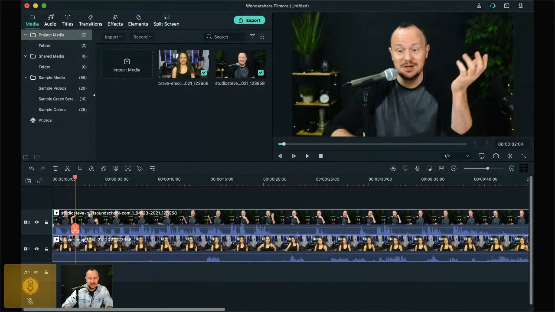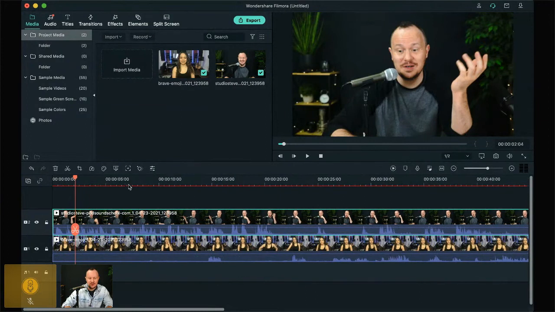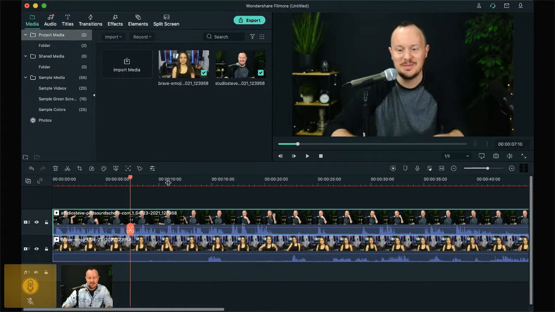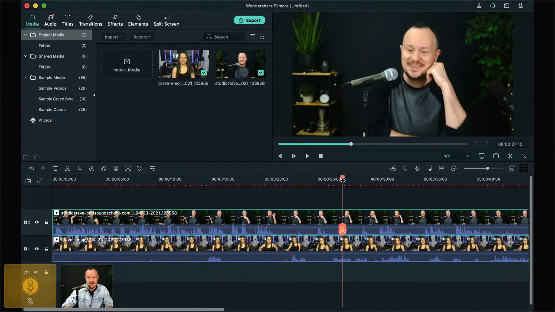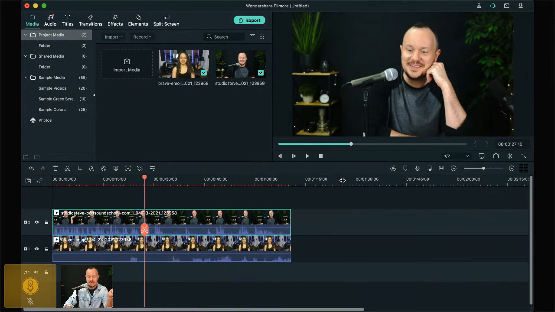And the first thing I want to do is explain how you can navigate around Filmora. You'll see this red line here. I like to call it a cursor, but it's also called a playhead. You can double click in the timeline anywhere, and it will take you anywhere in the project. And perhaps the best quick key to memorize in Filmora is the plus and minus key. We use those a lot in lots of different software, but if you press the minus key, it will zoom out and plus will zoom in.